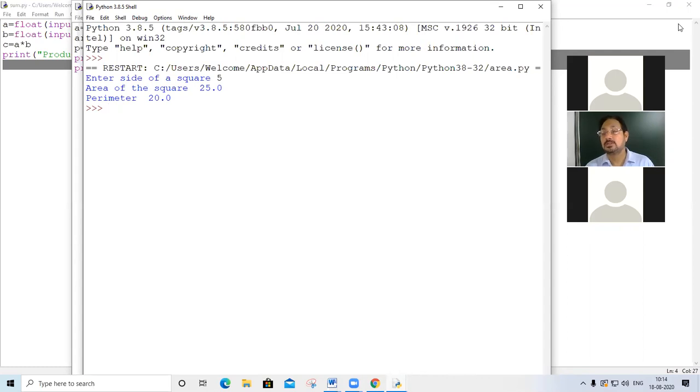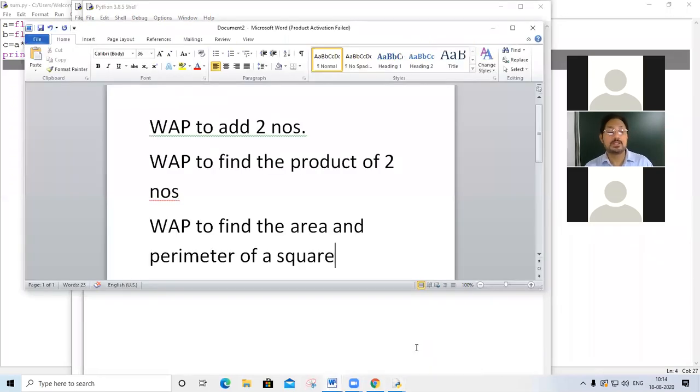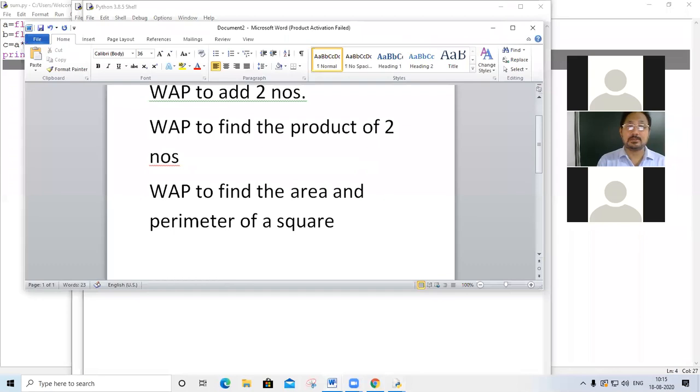Good. So one more program I am giving you for practice purpose. Last program you take one, after that I will write one more. This program I am giving you as an assignment.